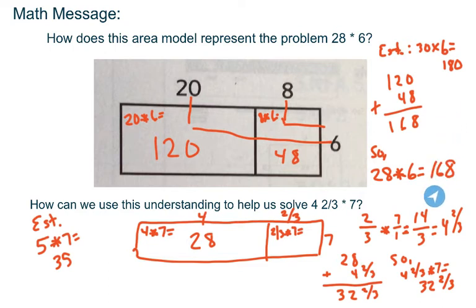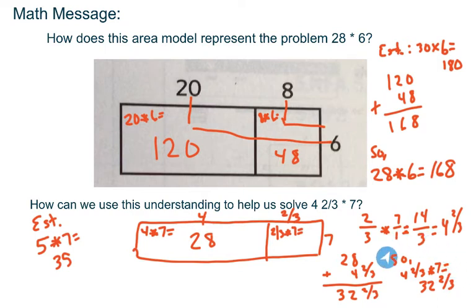So then thinking about how could I use that to help me with a more difficult problem, 4 2/3 times 7. Hopefully you could see that you could draw one for yourself, just like it, and you're going to break up that 4 2/3 into friendlier parts and then multiply them by 7. Again, if I run my fingers together, 4 times 7 is 28. 2/3 times 7, I know I can do 2/3 times 7 over 1, and then I'm multiplying just across, right? 2 times 7, 14, 3 times 1 is 3, which gives me 4 2/3. So to put those partials together, 28 plus 4 2/3 equals 32 2/3,